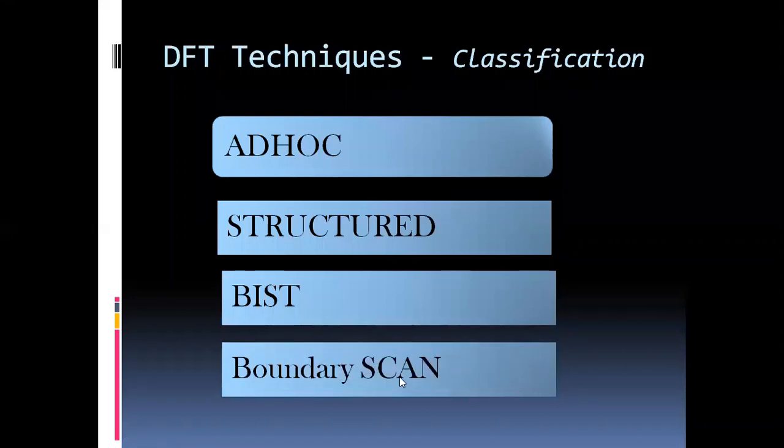And then we have boundary scan. We could have included it in the structured ones, but I'm taking it separately because it was separate hardware, with points defined for testing a manufactured chip on a board. So a TAP controller was provided. It was a different standard altogether, defined as IEEE 1149.1. So that is our boundary scan. Broadly, I can classify my DFT techniques into these four methodologies.